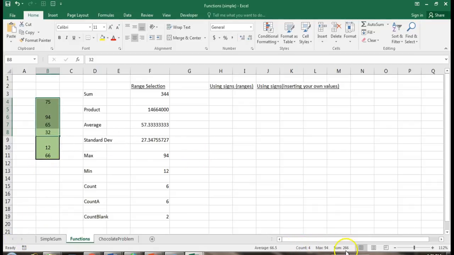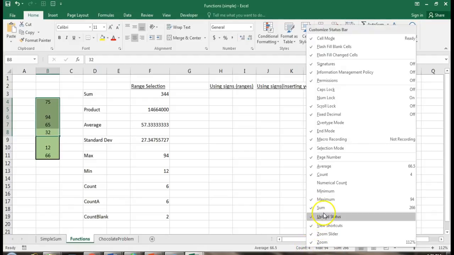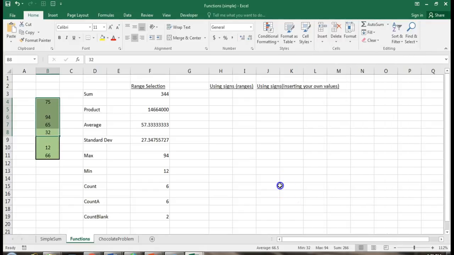You can edit what this bar shows you by right clicking on this bar and seeing the functions available over here. So if I don't want the count function, I will untick this by clicking over here, and if I want the minimum instead, I will click on this, and when I move my cursor back over here and select this range, now you can see that this bar has been updated to include the new function and exclude the old function. You can see your answers over here and then type them into a cell,